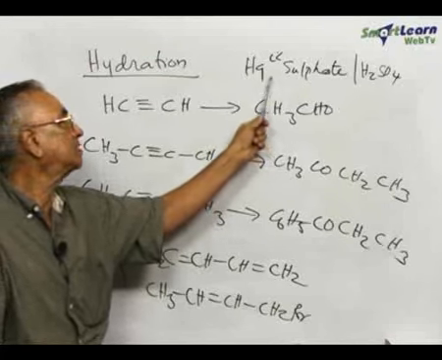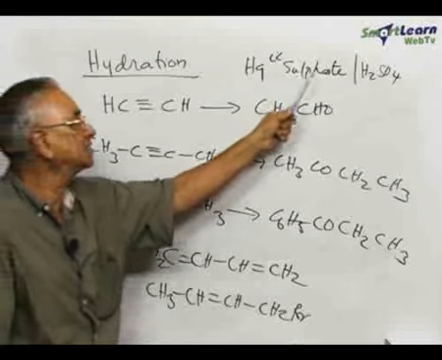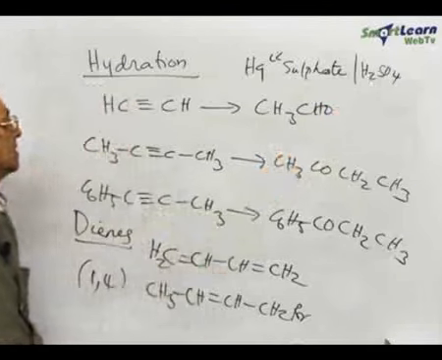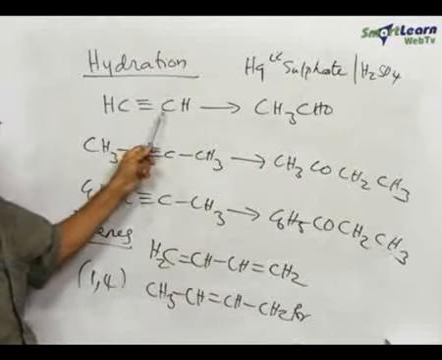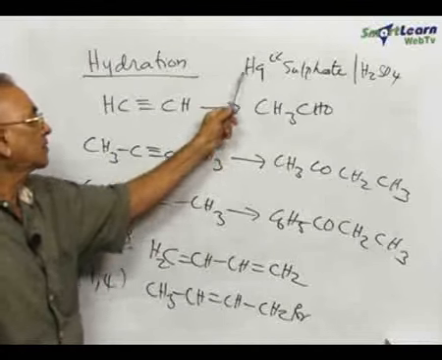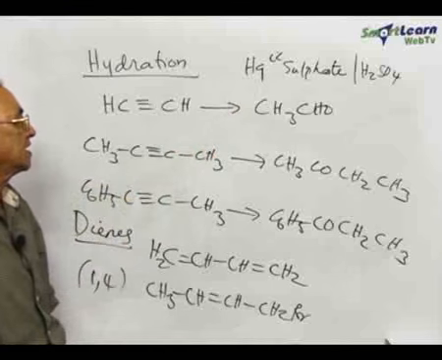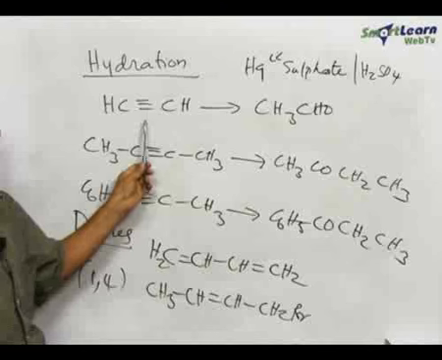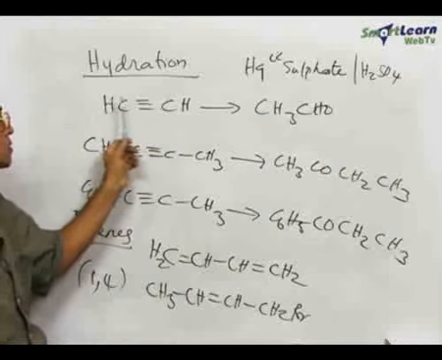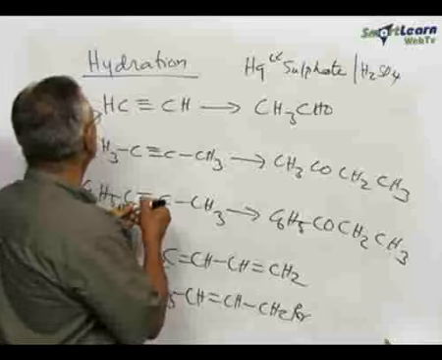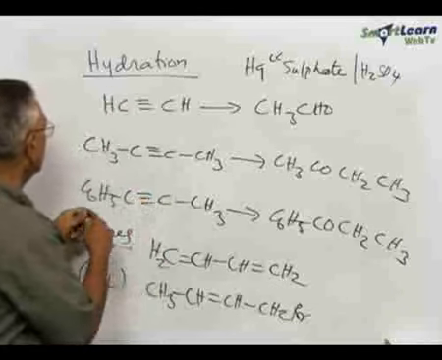It is treated with mercuric sulfate and sulfuric acid, fairly strong sulfuric acid, 50% sulfuric acid. When acetylene reacts with this reagent, mercuric sulfate and then sulfuric acid, this gives rise to acetaldehyde. This is nothing but a Markovnikov addition of water to the triple bond. The Markovnikov addition of water to the triple bond gives rise to, as we just see here, we can have